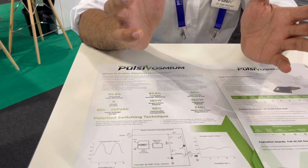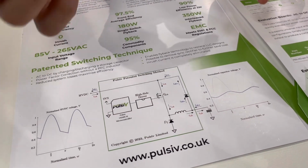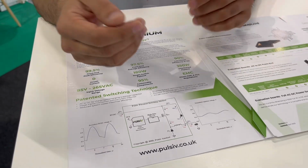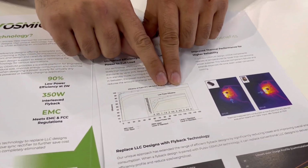So the advantage of doing power factor correction in this manner is really in the efficiency profile. If you have a Boost PFC and you design your Boost inductor for, let's say, 100 watts, when you run the Boost inductor at 5 watts, it is extremely inefficient, just because of the losses in the magnetics. However, with a capacitor, this is not the case. A capacitor is very efficient at low power as well as the power that you've designed it for. And this is what leads to one of the key unique features of the Osmium technology, which is the flat